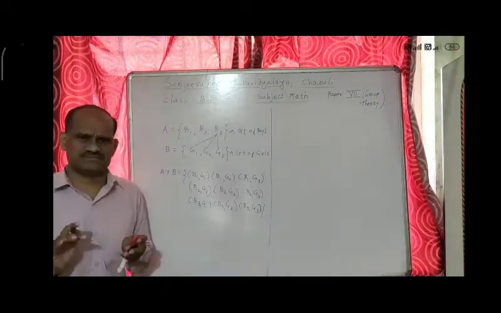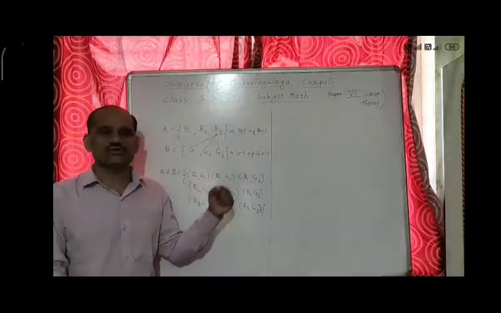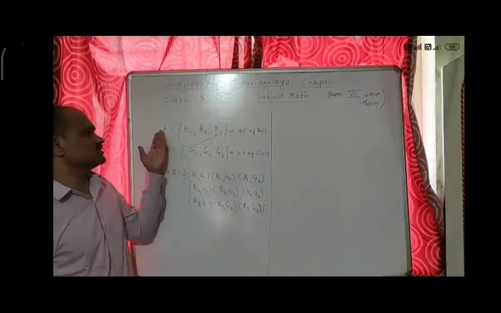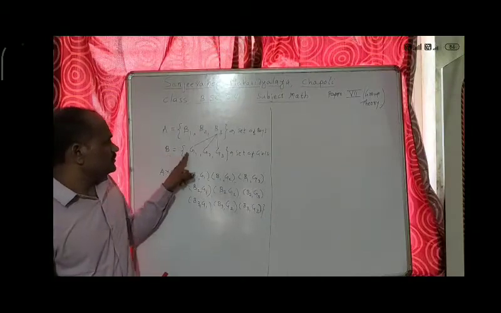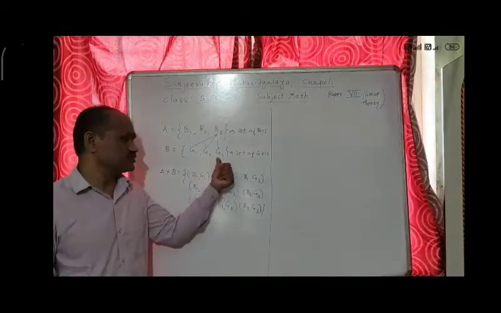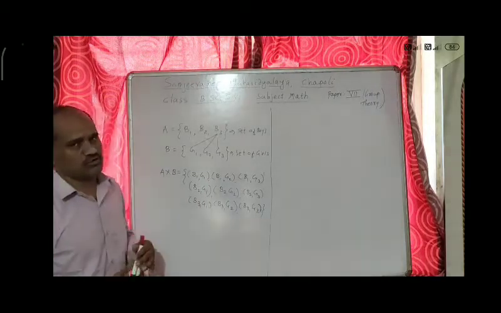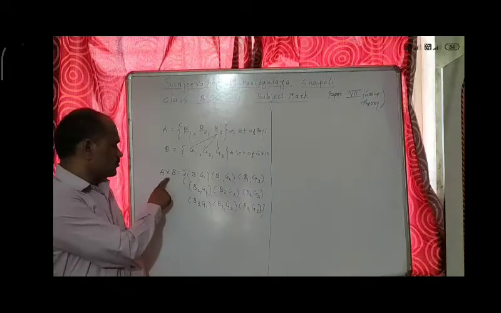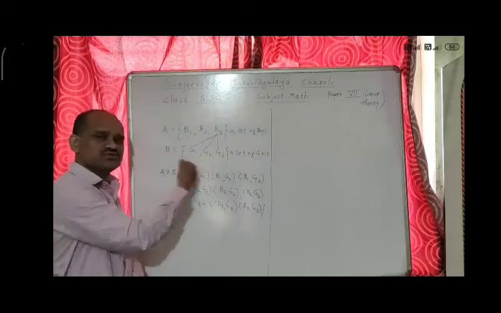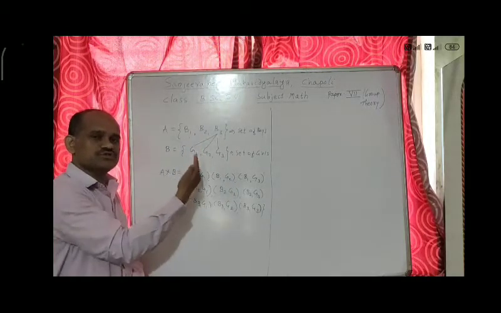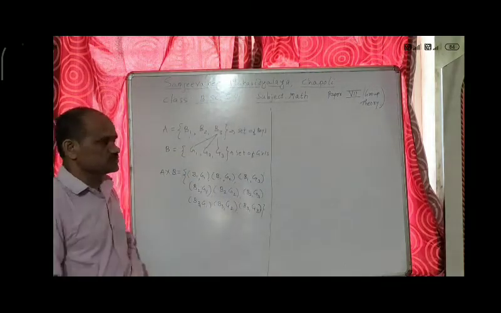This is a general example, a general set without numbers. So A is the set of boys, any set, suppose the BSc second year class or the BSc TY class, like that. And B is the set of girls, that is G1, G2, G3. So how can we do the Cartesian product of A and B? A cross B is equal to B1 G1, that means firstly B1 is associated to G1, G2, G3, then B2 is associated to G1, G2, G3, and B3 is associated to G1, G2, G3. So this is also an example.